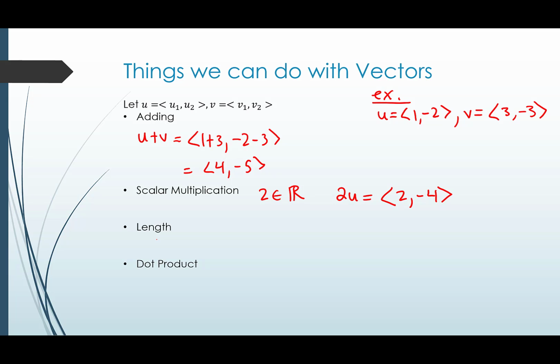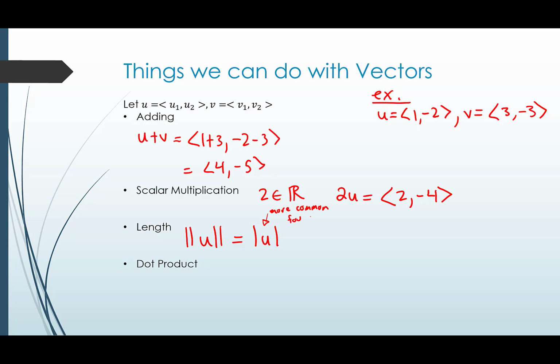We can also define the length of a vector. There are two common ways I've seen this pop up in 250. I think I used both there as well, but sometimes the notation for the length of a vector is double brackets like this. Or sometimes, usually because it's easier to write, we just use single brackets. And actually this is going to be more common for us in Math 350 here.